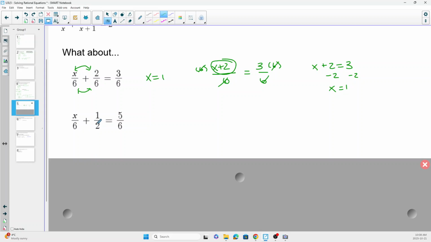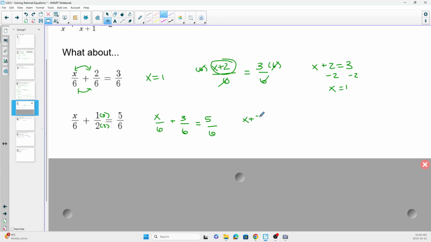What we can do is make them have a common denominator by multiplying this fraction by 3. And remember that it still has to represent a half. So if I have x over 6 plus, 1 times 3 is 3, and 2 times 3 is 6. 3 6's is still a half. So I've not changed anything. I've just represented it differently, and this is equal to 5 6, and now I can use that method